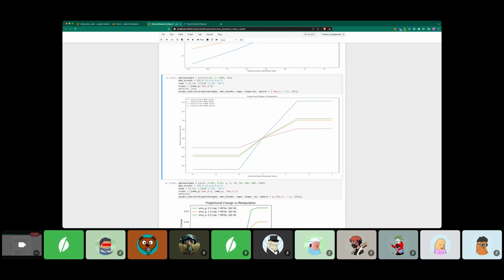So 1 over 0.85, 1 over 0.85 is like 1.17. So a 15% Oracle manipulation to the downside is the same as a 17% to the upside, which is about the same. So if we're already thinking in the range of a maximum of 10%, upside versus downside doesn't matter